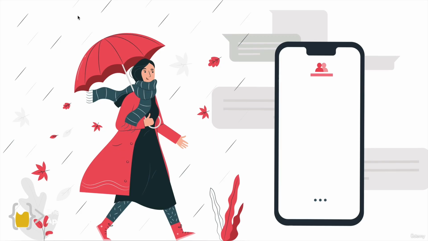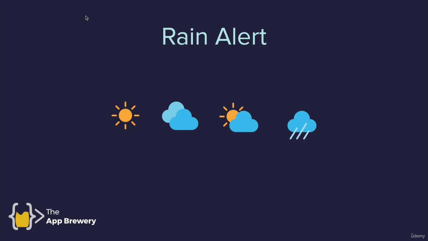What all of this knowledge is going to amount to is to build a rain alert application. So we're going to be writing Python code that is going to send us a text message in the morning just before we head out, telling us to bring an umbrella if it's going to rain in the day. So this way, we don't have to check the weather. We know that our trusty application is always going to alert us via an SMS message if we need to bring an umbrella before we leave home. So that's the goal. And if you head over to the next lesson, we'll get started building our application and